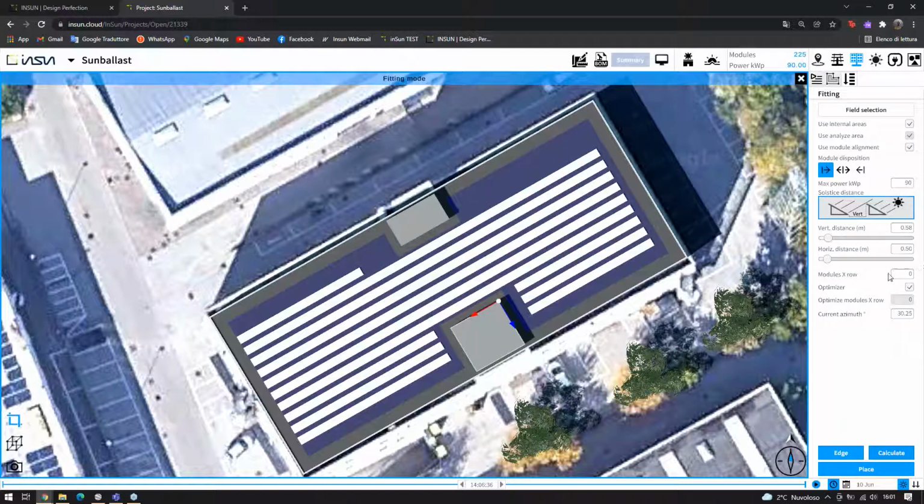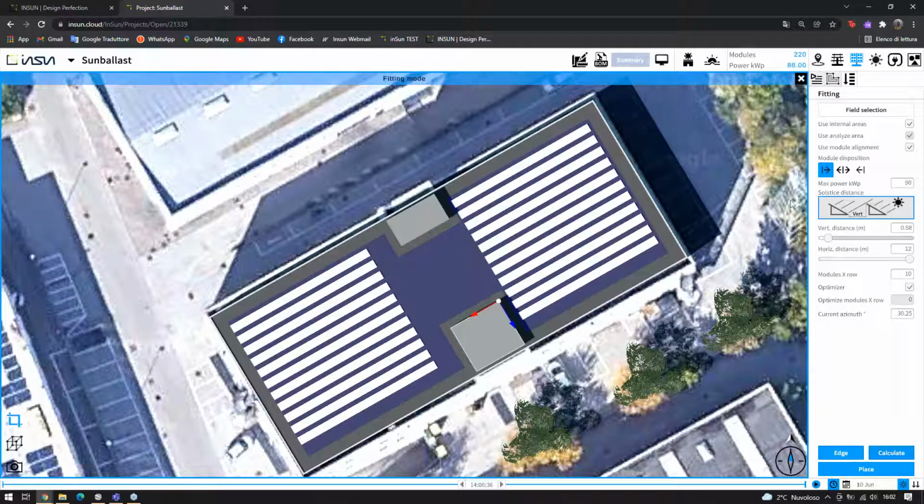Another thing that we can do is decide how many modules we want per row. I would say, for example, not more than 10 modules per row, and leave 12 meters of distance between them. Calculate again. Here you can see that we have created two main sections of panels. When we are okay with this preview, we can click on place,